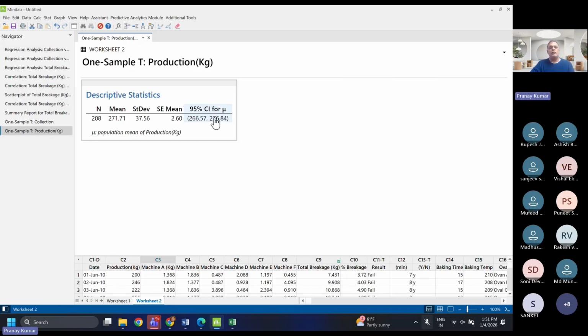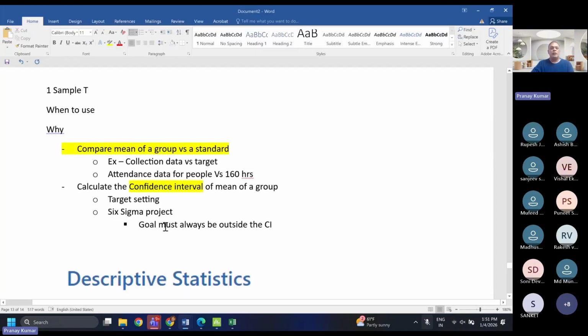तो ये कॉन्फिडेंस इंटरवल देख करके आप अपना टारगेट सेटिंग में, सिक्स सिग्मा प्रोजेक्ट में, गोल सेटिंग में इस्तेमाल करोगे। क्लियर है ये थॉट एवरीवन? कॉन्फिडेंस लेवल हम 100% नहीं कर सकते? कर सकते हैं, डेटा बहुत चाहिए होगा, पूरा पॉपुलेशन का डेटा चाहिए होगा।